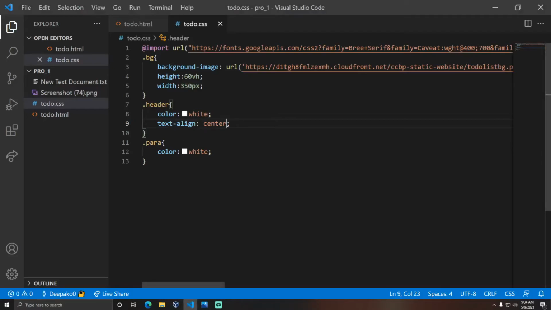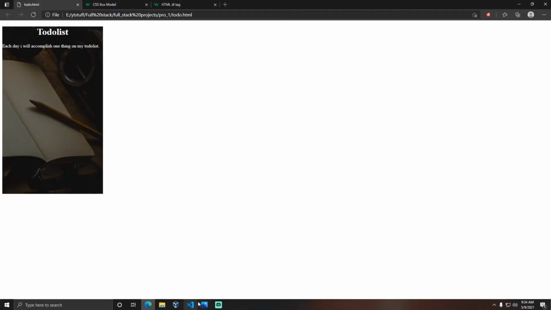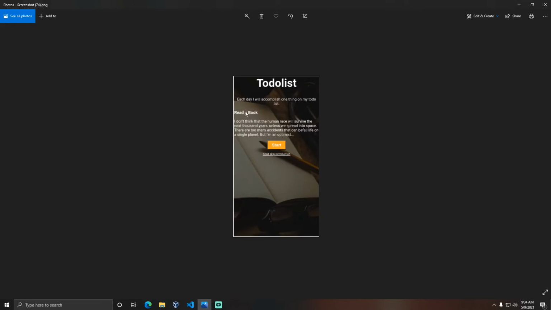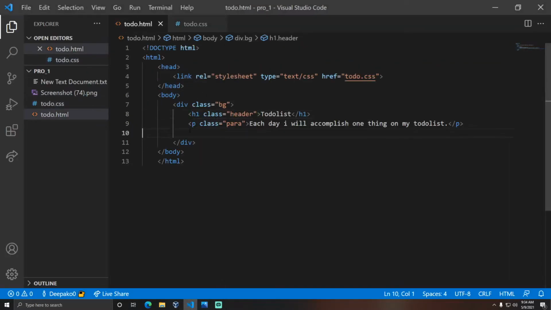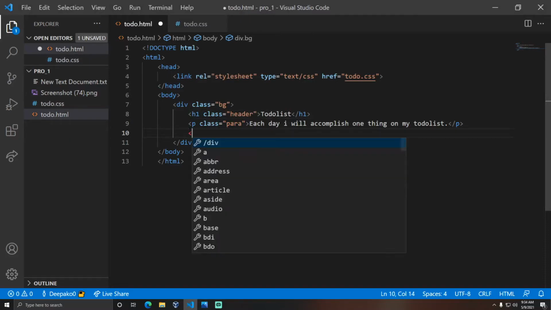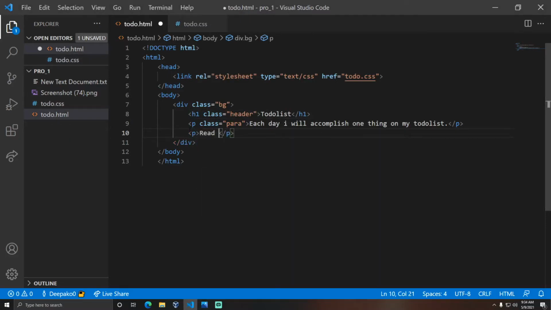After that you need to put another heading like that one. We are going to use the paragraph element and write read a book. Again we need to change the color, so we are going to use para 1.